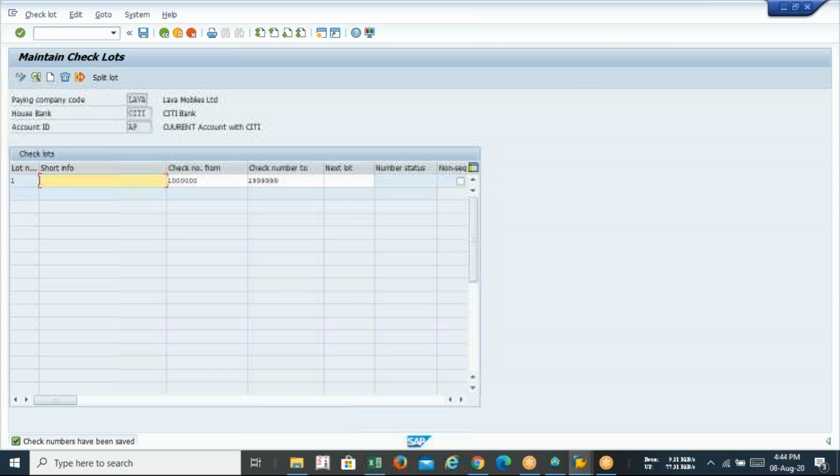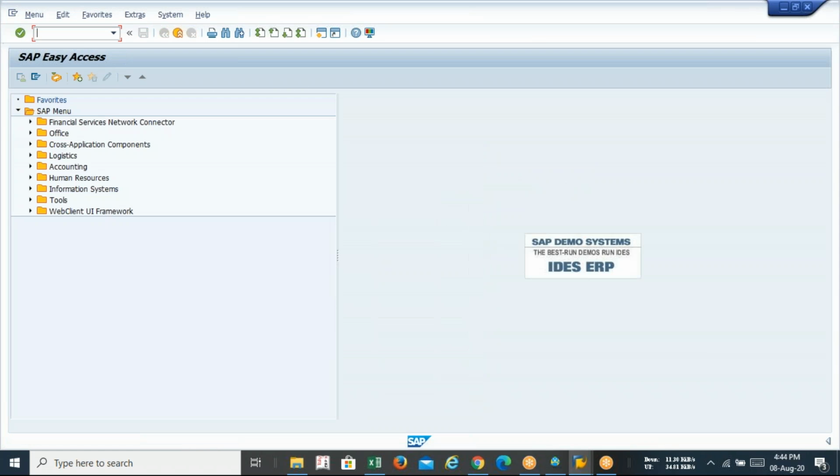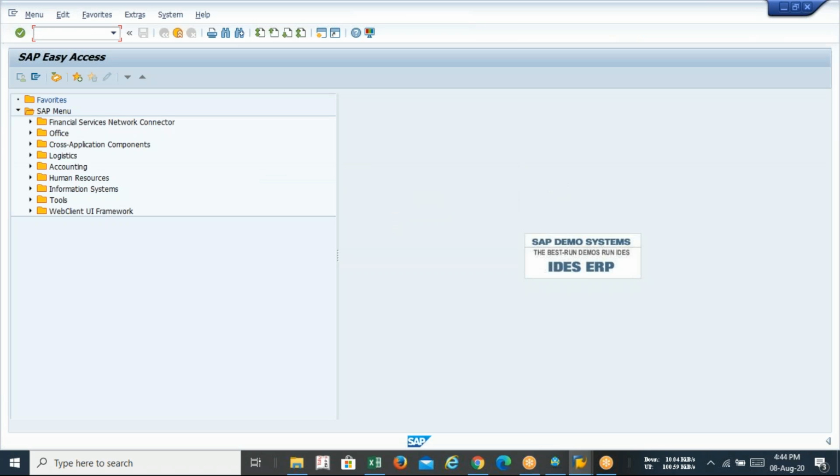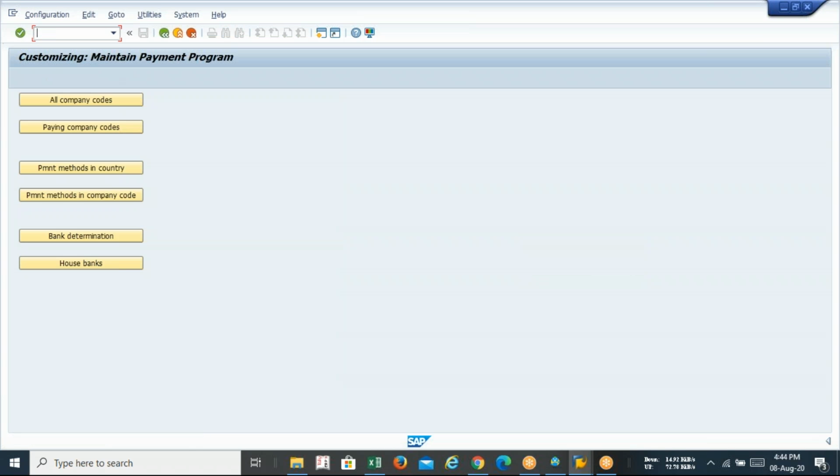Now finally, what are we supposed to do? Now finally, we have to run something so that we can see the automatic payment. So let's see whether our automatic payment is going to happen or not. So guys, just tell me one thing. The configuration is okay with you? I think after doing P2P goods and services, it's very light configuration. Nothing to do with this kind of configuration. Only you have to focus on your paying company code, payment method, and so on.